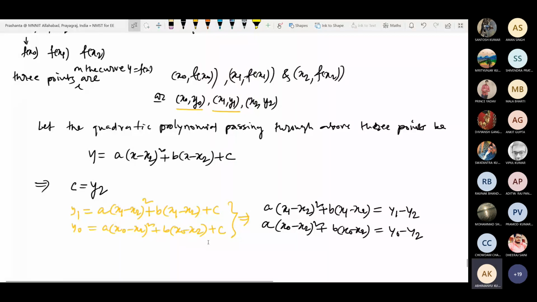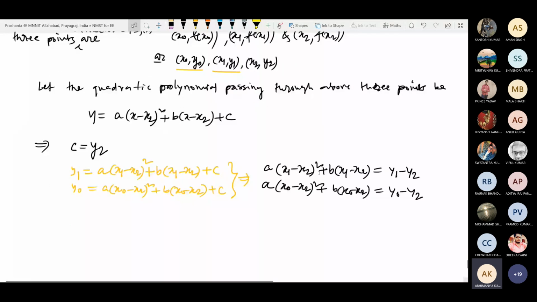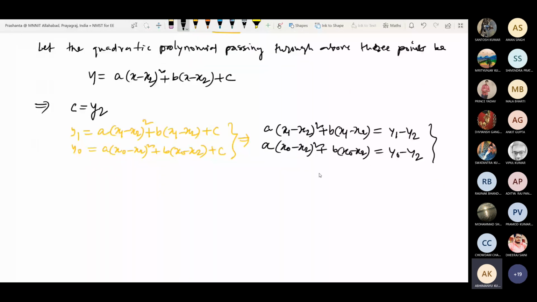Yes, sir. Now you have 2 equations and 2 unknowns. This is a 2 equation, 2 unknown system. You can very easily solve it by the elimination method. So you use any method you want to find A and B, and C is already known to you. For the time being, you believe me, and later you can verify it, because I do not have much time to show you the calculation, and this is very easy.